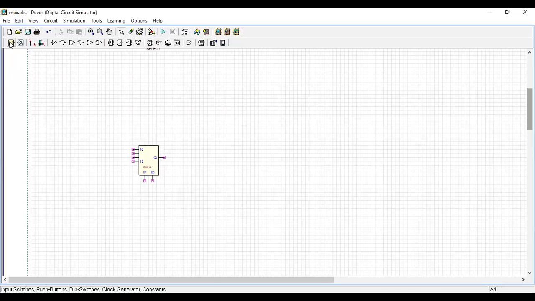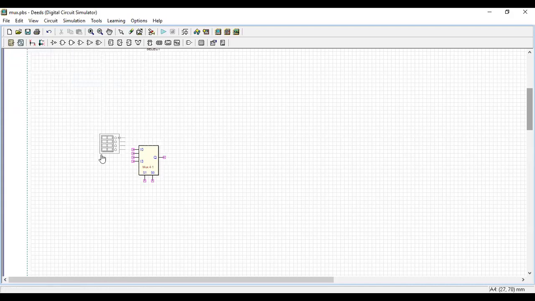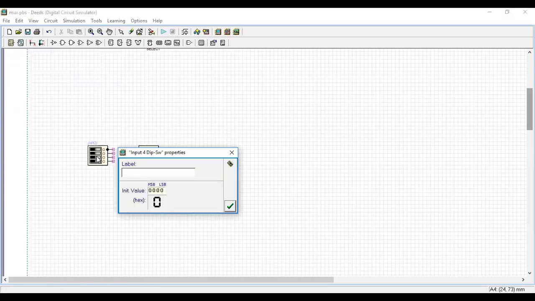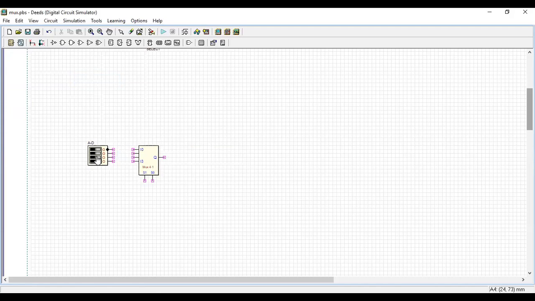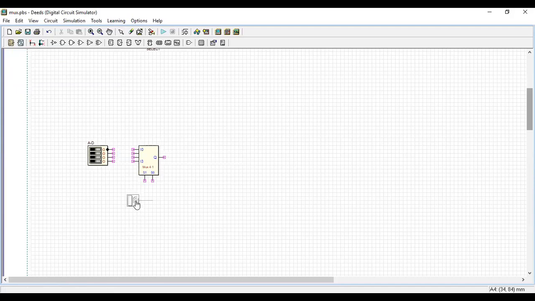Yes. And see here, I have 4 inputs. So I'll take a dip switch. A 4 input dip switch I'll take. And this is A to D. A to D is my input dip switch. And then here, these are the selection lines.